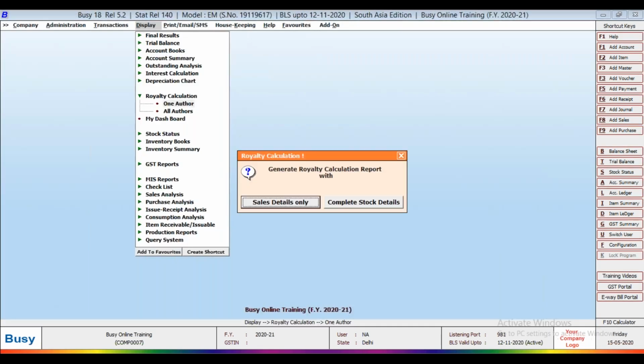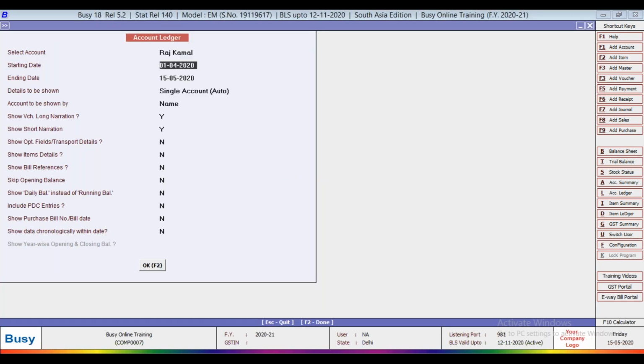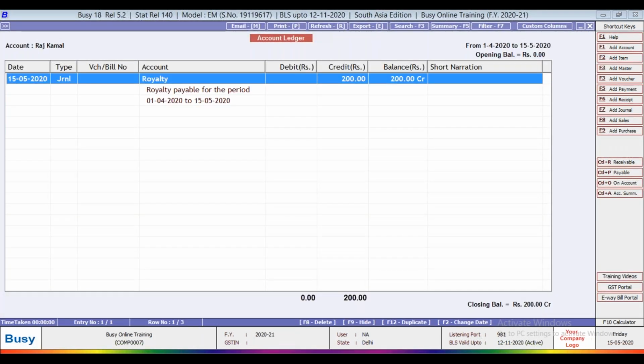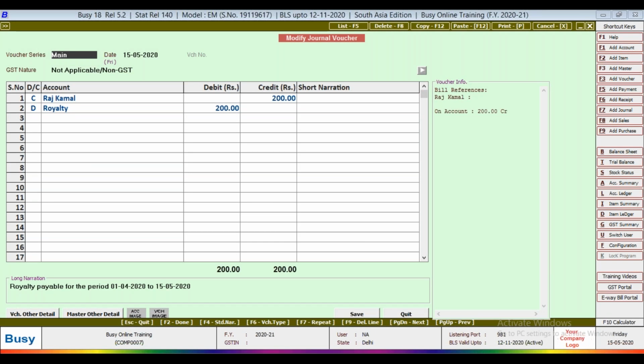One voucher posted. Now check the ledger of Rajkamal. Now here it is showing 2000 rupees, general voucher posting. At the time of month ending, you can make the payment voucher of Rajkamal like that.